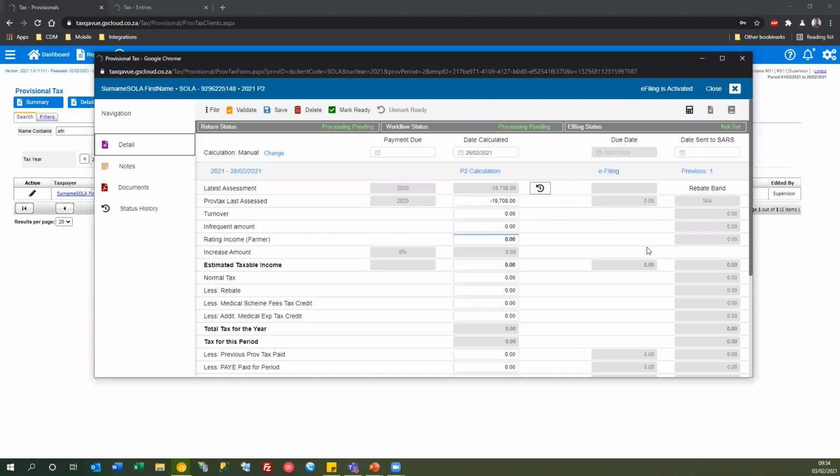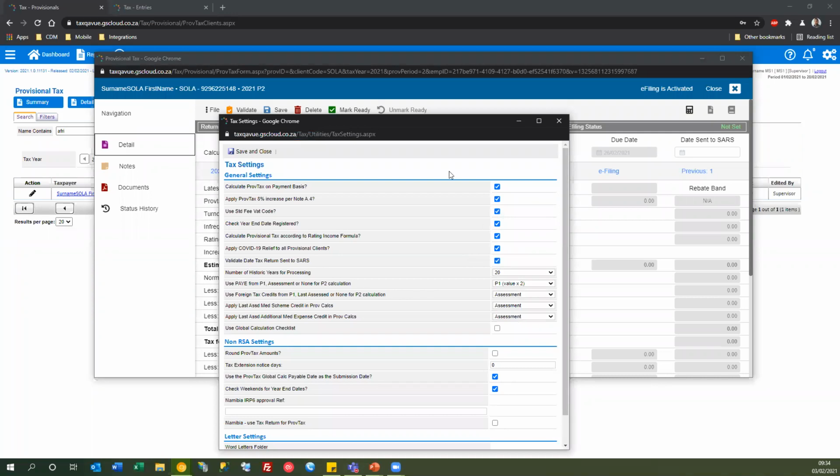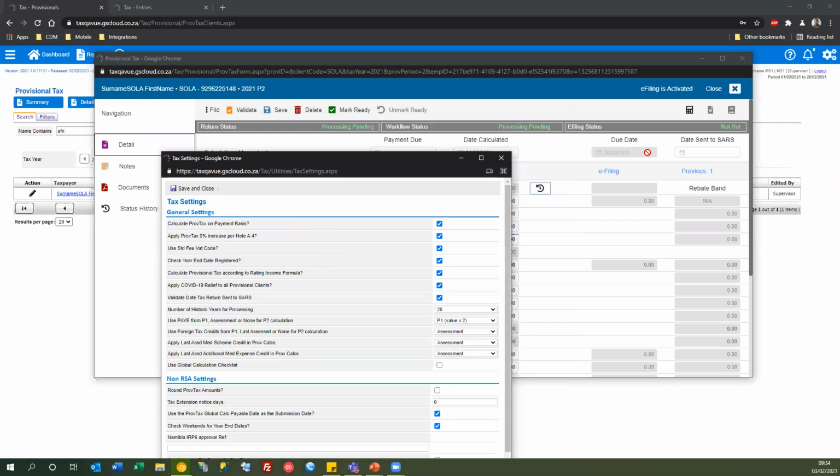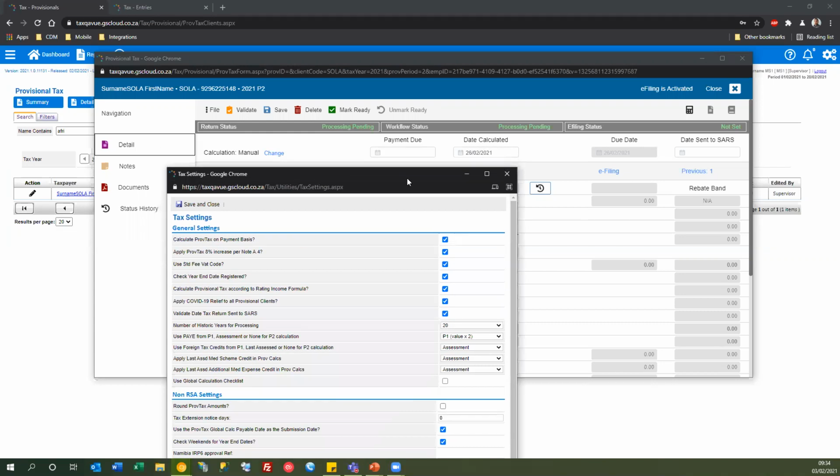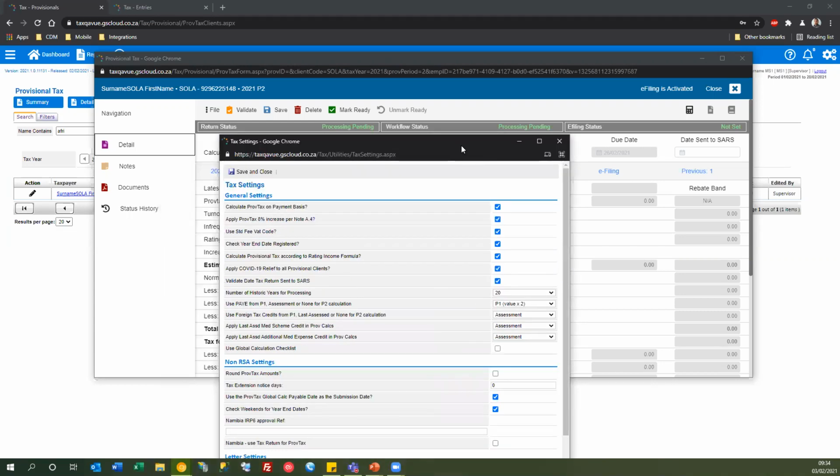For firms that are not using GreatSoft to submit to SARS, they have the ability to disable this tax setting. And when you disable this tax setting, the system will automatically use the date calculated. It will assume that date as the submission date, and this impacts the reports as well. So when you're pulling a report in GreatSoft, it will check this little tax setting